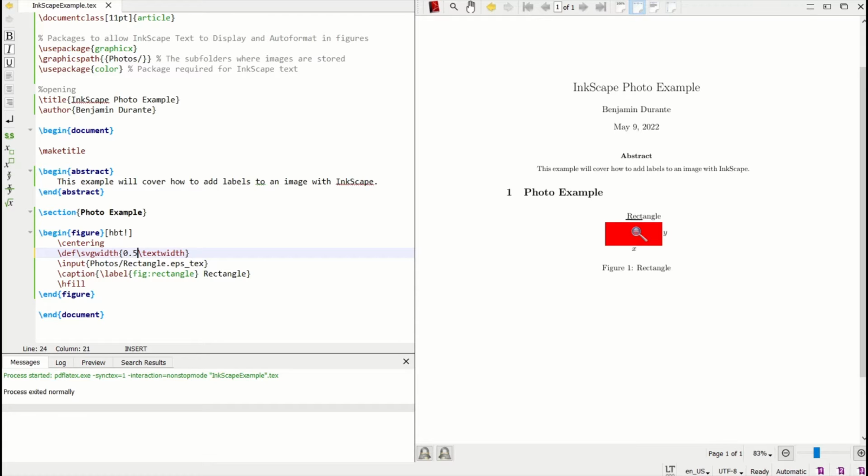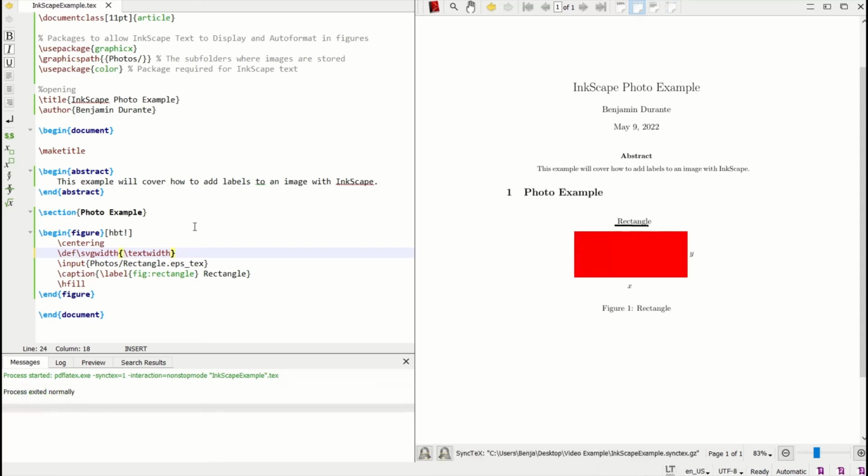So this is where I'd recommend setting everything up in Inkscape as you want the image to appear. So if you want it to be 6.5 inches wide, make it 6.5 inches wide so that once you come into LaTeX, you can just go full text width, and you know that it's probably going to appear as you want. Hopefully this helps,